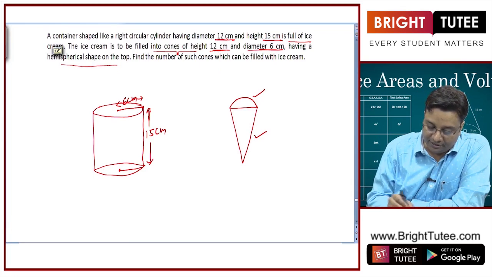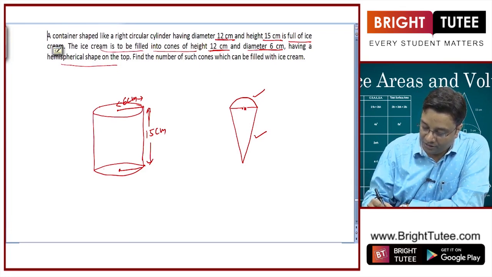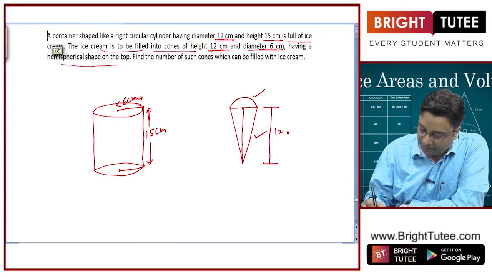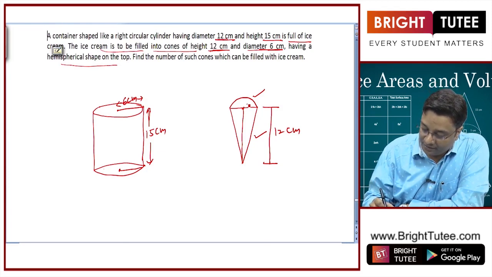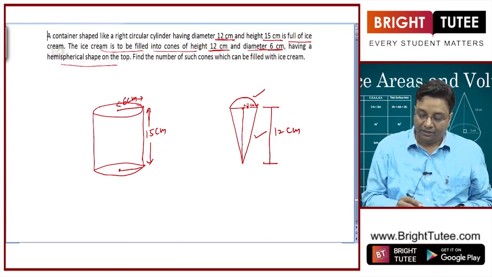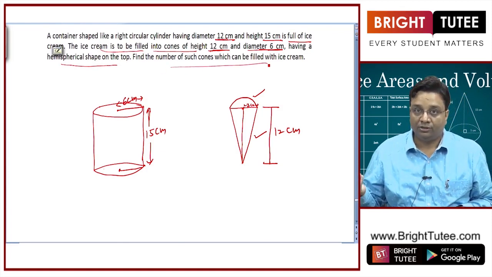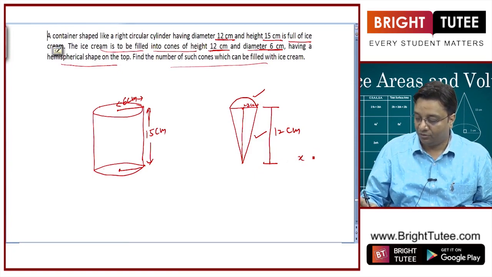And what is the radius? Height of this conical part is 12 centimeter and diameter is 6 centimeter. So the radius is 3 centimeter. Right? So we need to find number of such cones. Okay, let us say x number of cones